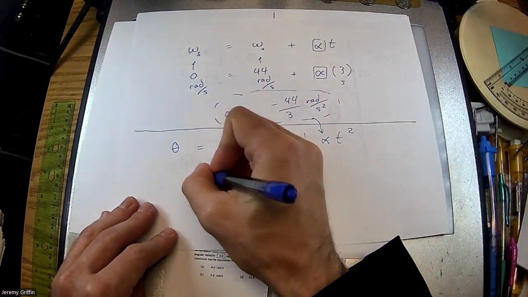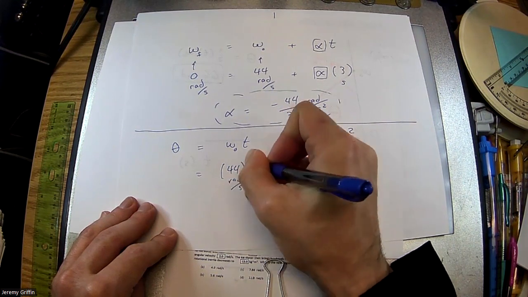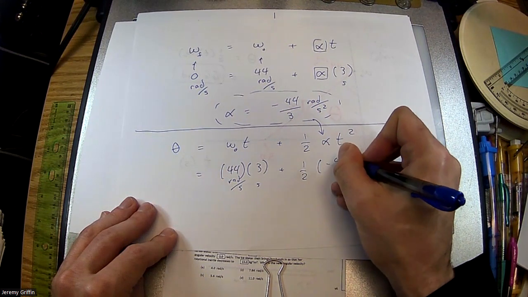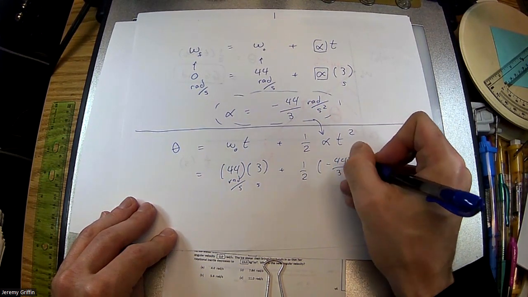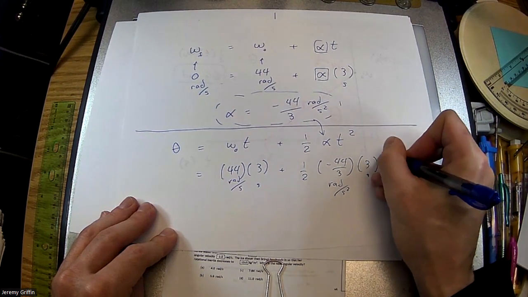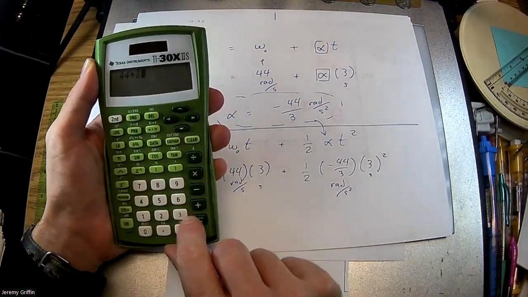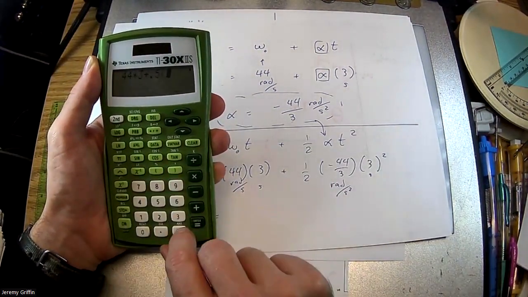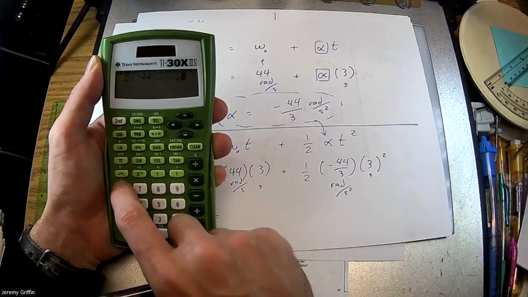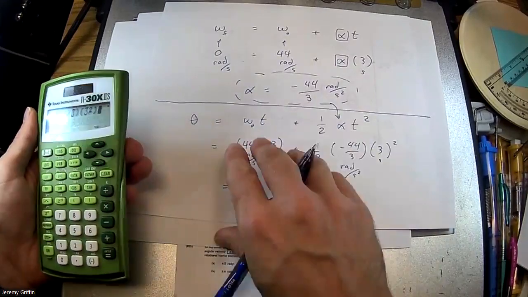Right there. So looking at 44 rad per second, 3 seconds, plus 1/2 negative 44/3 radian per second squared, 3 seconds squared equals, let's see what we got. 44 times 3 plus 1/2 times negative 44/3, all times 3 squared. Right. Now, before I hit enter, I know what the answer has to be because we already solved this using